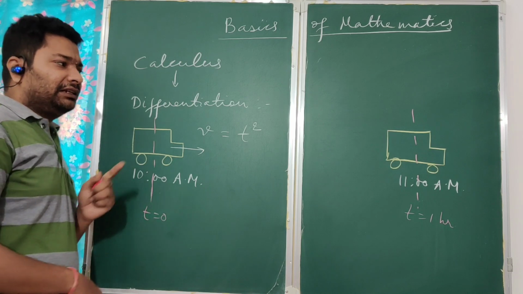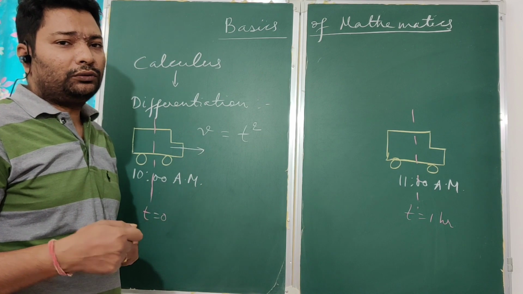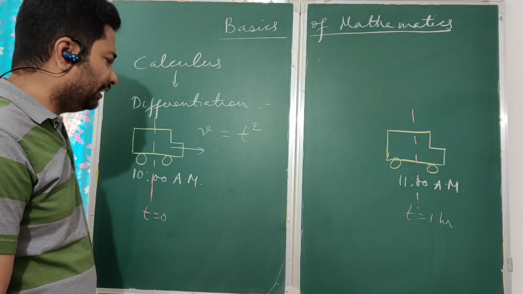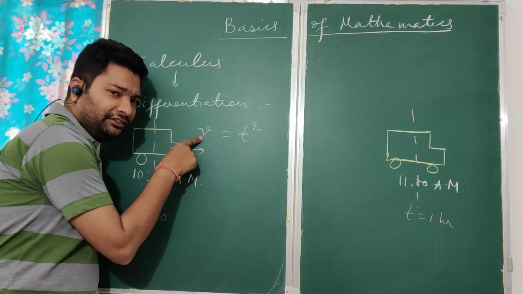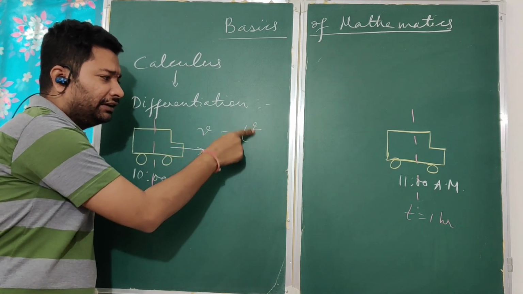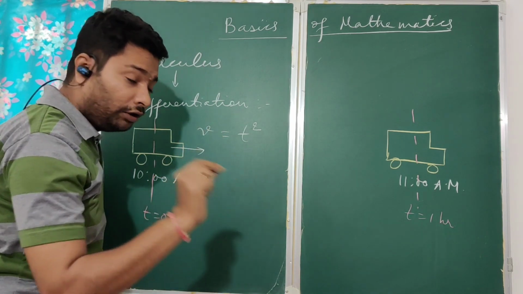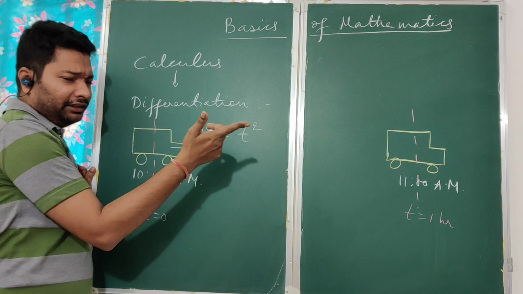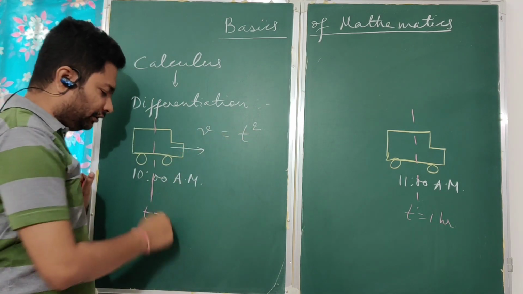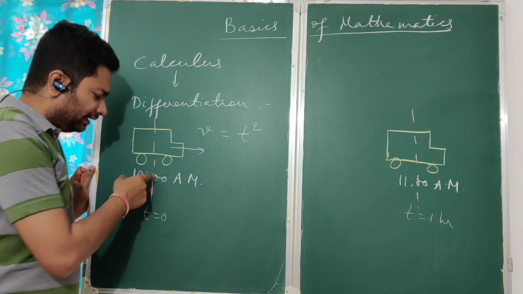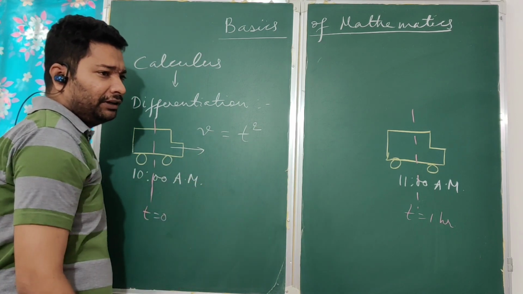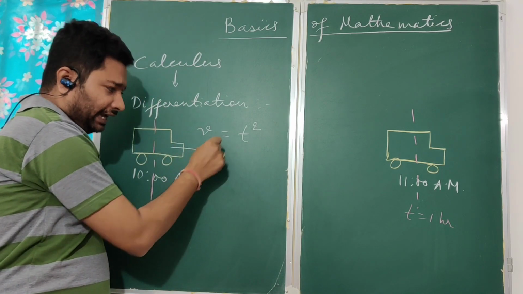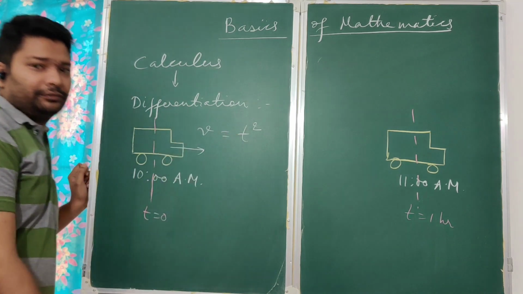And when you actually measure the distance, you find that that distance is not equal to 1 kilometer, it is something different. Now why is that happening? That is happening because at each and every instant of time, the velocity is changing with the value of t. The velocity is not constant. So that means at 10 o'clock, it would have, let us say, started with some velocity. So velocity was 0 at t is equal to 0. Now at, let us say, 10:30 or 10:25 or 10:25.2, at these instants of time, as soon as you change the value of t, velocity is changing.